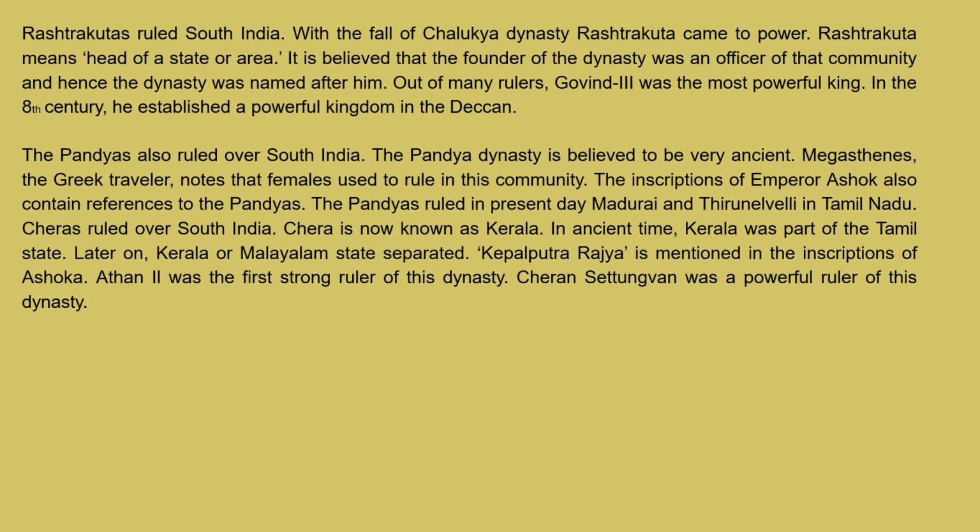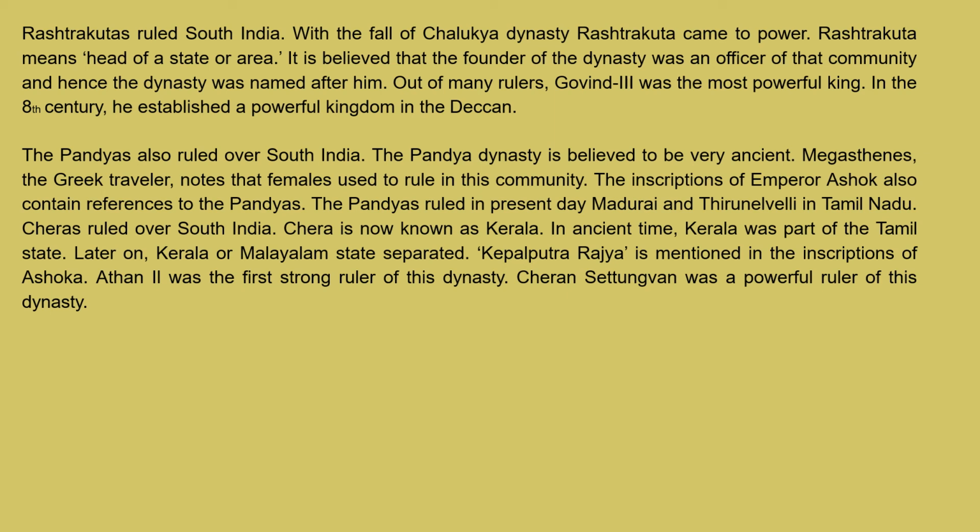The name Rashtrakuta, children, means head of a state or area. In Sanskrit, Rashtra means country and Kuta means chieftain or the leader or the head. This explains their lineage from the time of the Mauryan Emperor Ashoka the Great, when they were primarily small clan heads in different parts of India. So it is believed that the founder of the dynasty was an officer of that community,